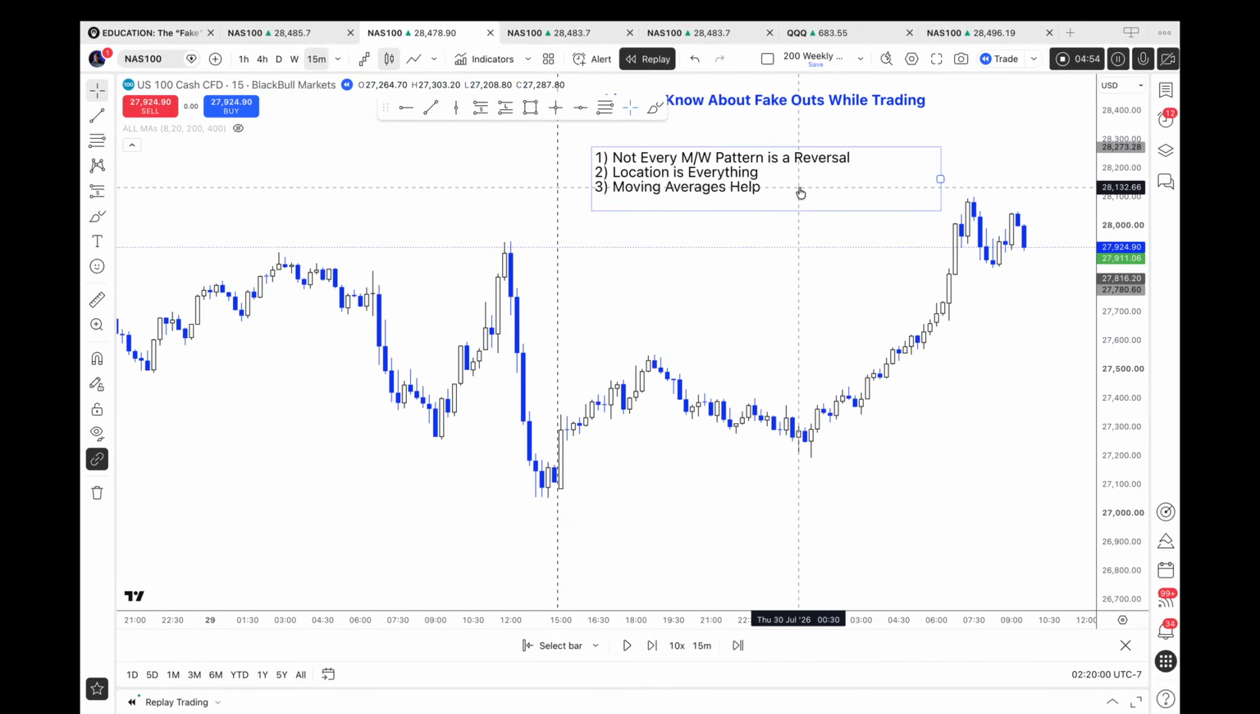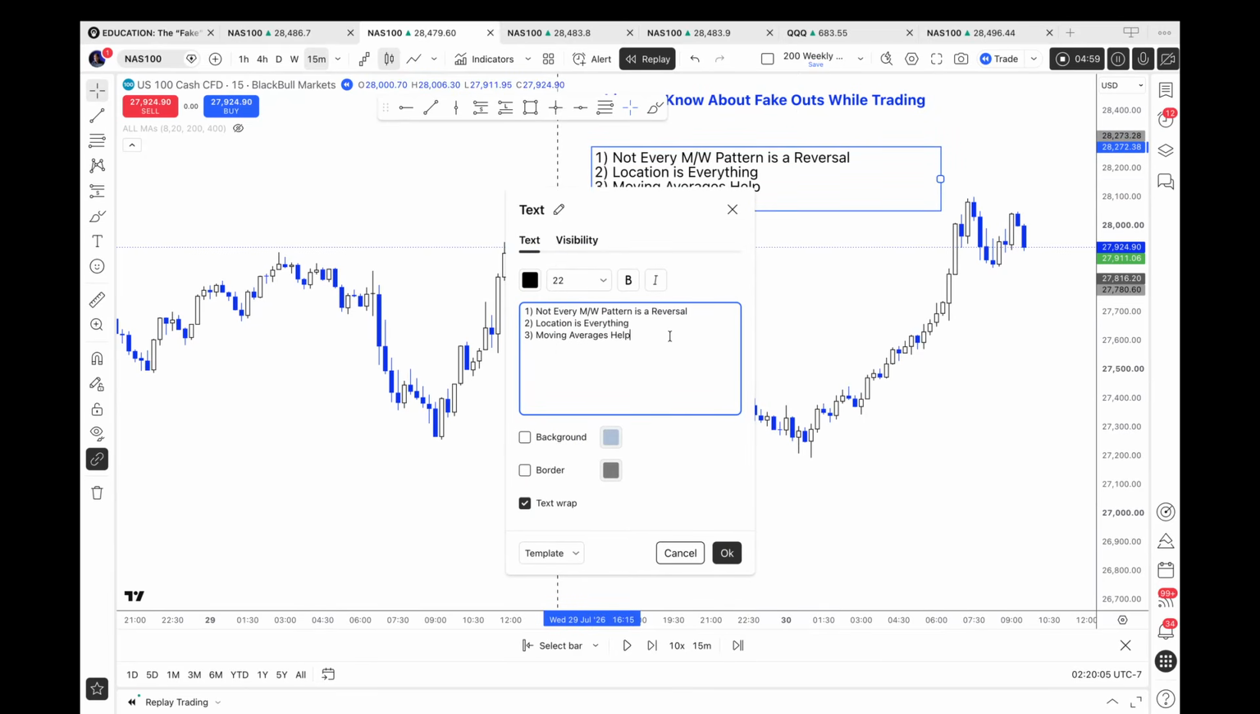Now, the fourth thing that you should know about these fake outs while trading is I would definitely encourage you to watch what happens after the candle closes. Okay, very important to watch what happens after the candle closes, and to pay attention to all the details that the market is giving you about the pattern. And then the fifth thing I want you to know is that smart money